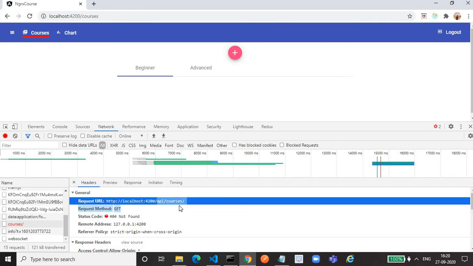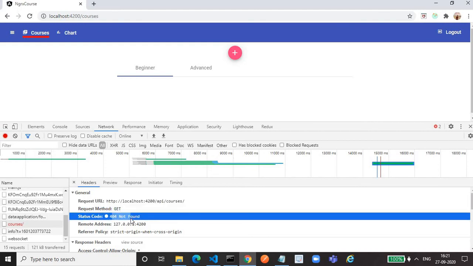But this is the API that we are not dealing with. The API URL is different in our case, right? So that's why this API fails, and we are getting status code 404 not found.